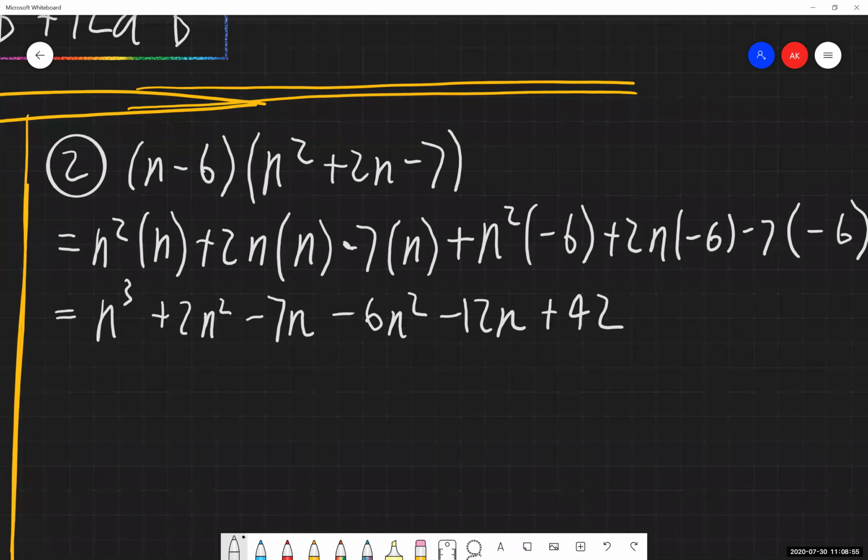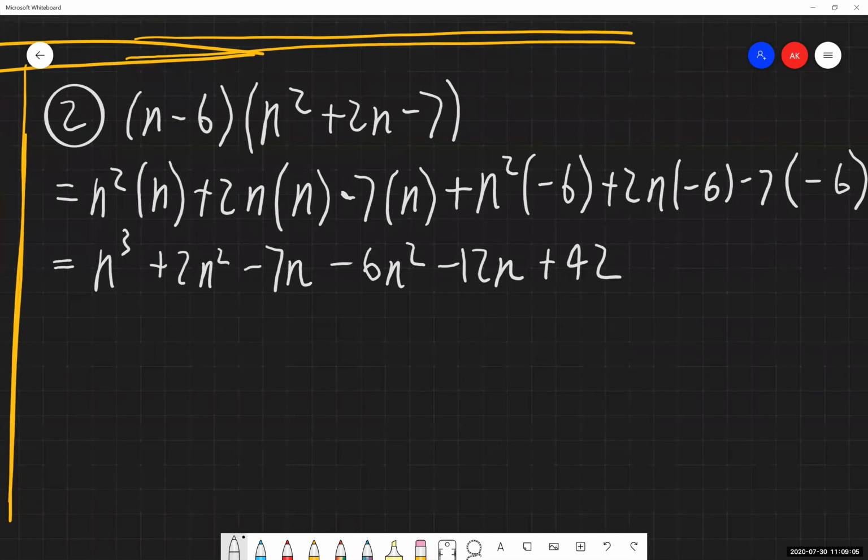So I distributed everything out, then I multiplied everything together, and now I'm combining like terms. And just like we did with adding and subtracting polynomials, you have the option, if you would like to, to rearrange these terms to make it more apparent or organized for you what we are and aren't combining together. It's optional, so you don't have to do it. I'm not going to in this instance just because I want to keep moving forward in this material.